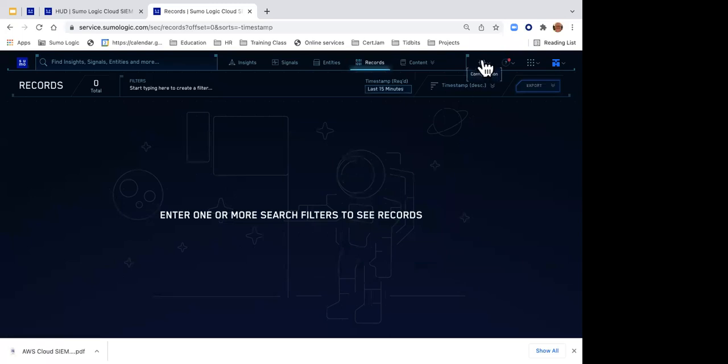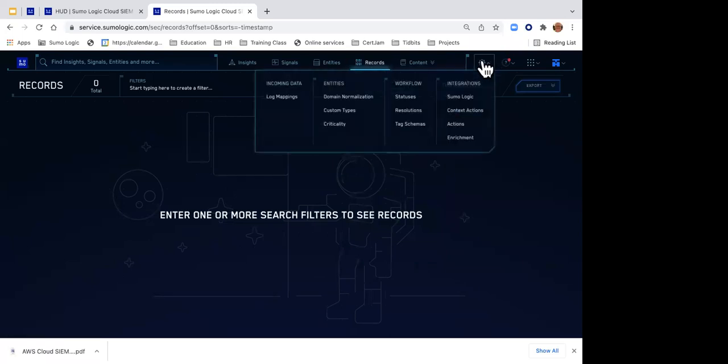Over here, I click on the gear icon. Here's where I can change the behavior of my context action buttons. You may recall I showed those to you, or my action buttons, which I haven't shown to you yet, or my statuses. So for example, I have new, closed, open. Maybe I've got a SOC SWAT team, a Security Operations Center SWAT team, that I want to assign to. You can add that and customize the statuses if you want to. So again, here's where you can do some of your customization.